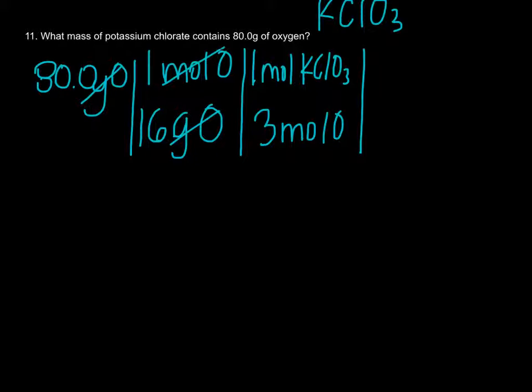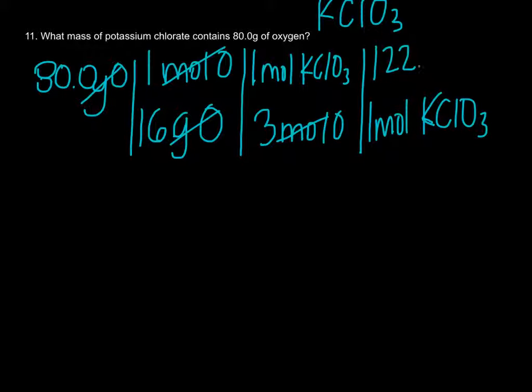So now my moles of oxygen cancel, so now I'm back at moles of potassium chlorate. And it's asking us for the mass of potassium chlorate, right? So I'm at moles. So this is when you would use your molar mass of potassium chlorate. So you say 1 mole of KClO3. And then you'd find the molar mass of potassium chlorate, which you should know how to do by now,